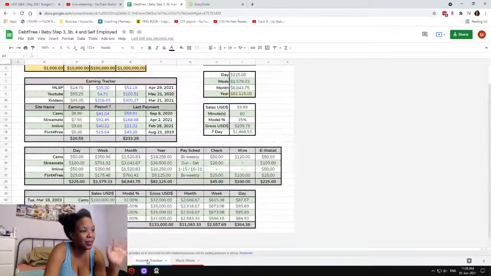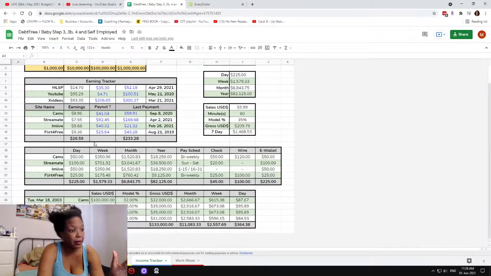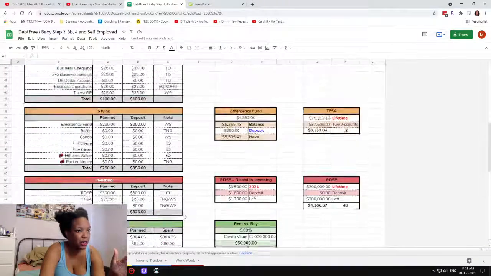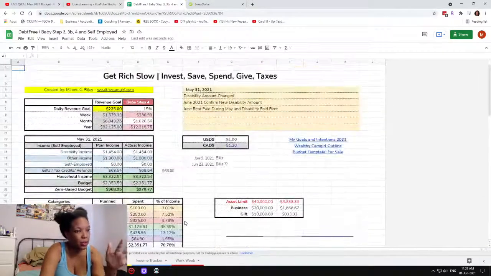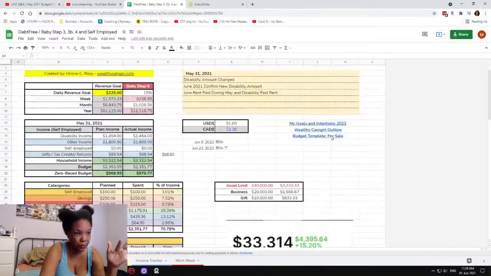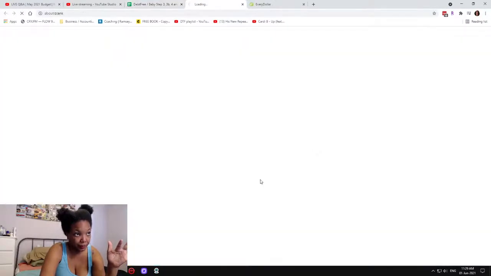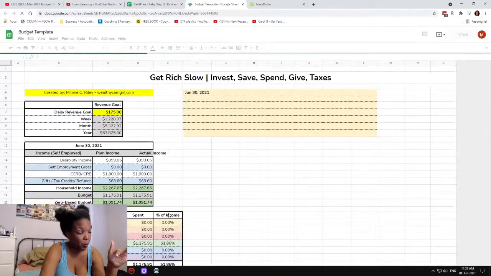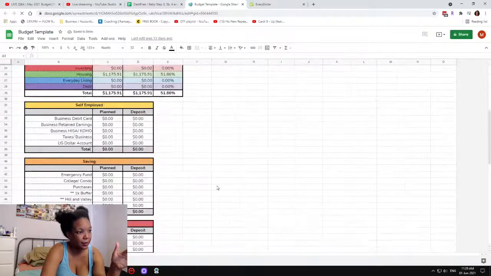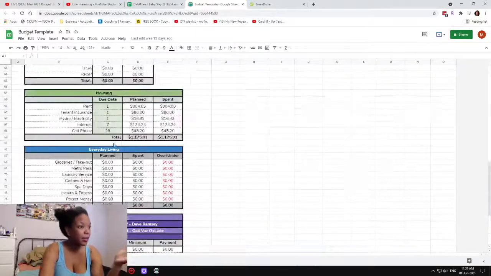I'm in the spreadsheet so much. It's so ridiculous. Yeah, I work for cam sites. And then I'm building a financial coaching website for cam models. I'm going to launch that within the month. That's the plan. And then my budget spreadsheet is going to be in my online store for people to purchase. Not this one, but a clean version of this one. I'm working on selling this, since this is what got me out of debt.